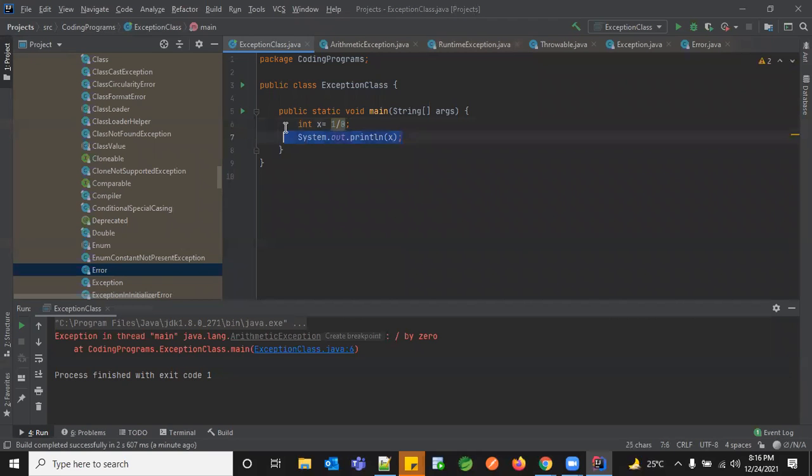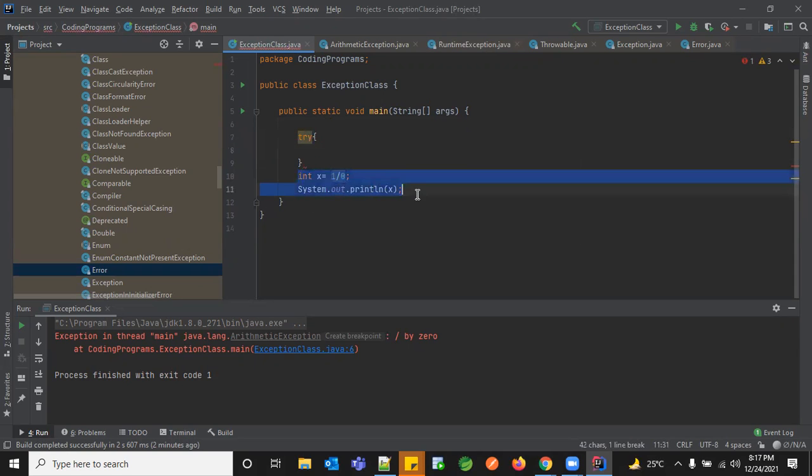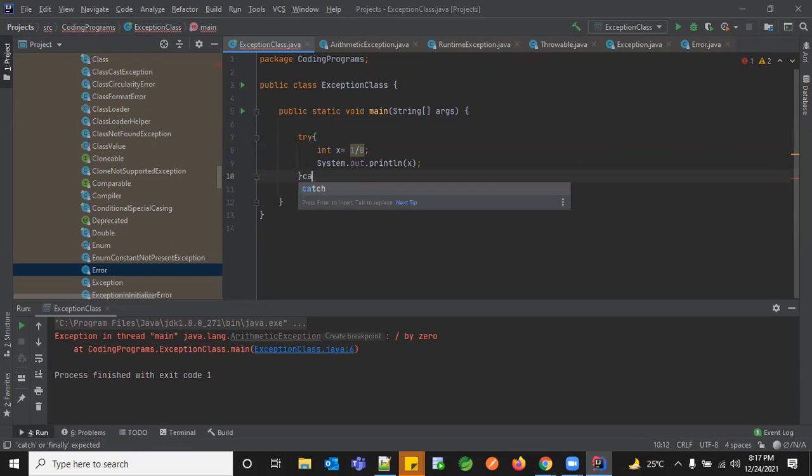So how can I handle this? Now I know this piece of code is giving me an exception. So what should I do now? This piece of code should be written in which block? Yeah, in the try block, you need to place your piece of code. Now how to handle this? For that, what block do we need to use? Catch, which accepts an exception argument. And now in that, let me use this object.